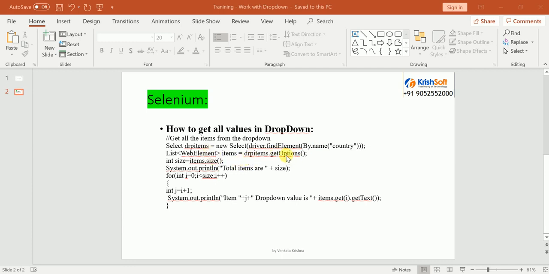Then by using getOptions you get all the options into a list. This list stores web elements, and items.size gives us the size of the drop down, how many elements are there. I am using a for loop here to iterate over all the items one by one from the list. This way we can work with the drop down.